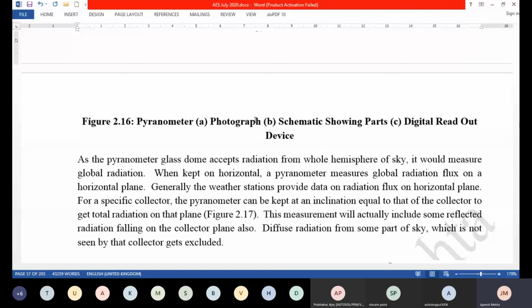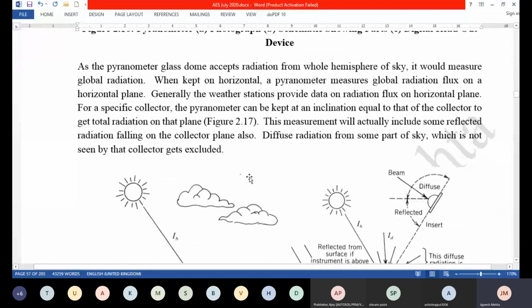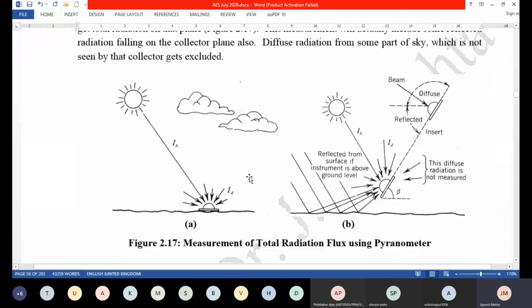In addition to that, you will also have something called a pyrheliometer, and then the measurement of wind velocity and direction, and the precipitation, etc. Those types of instruments will be there. So the pyranometer is one of the very important instruments, which we just discussed, and we'll discuss the further instruments in the next lecture, as well as some other ways, like why the pyranometer is kept inclined.